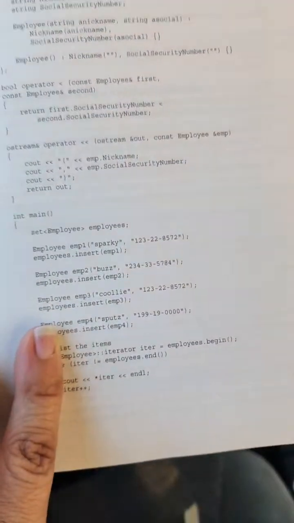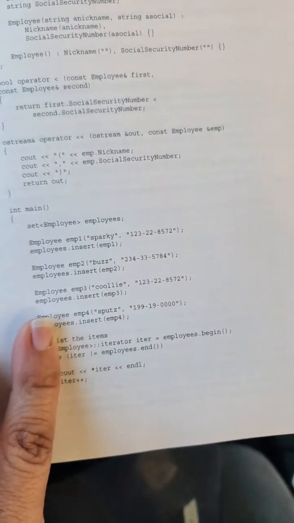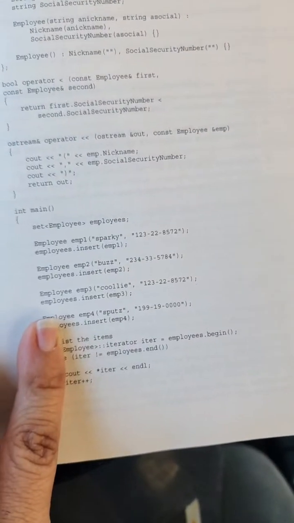Int main, set Employee employees, Employee emp1, Sparky